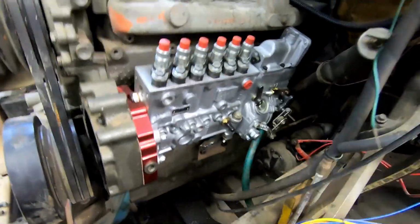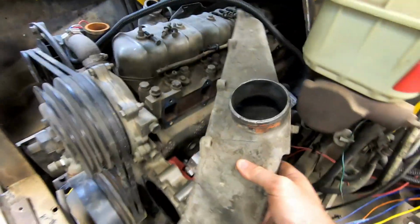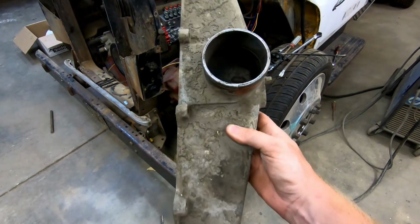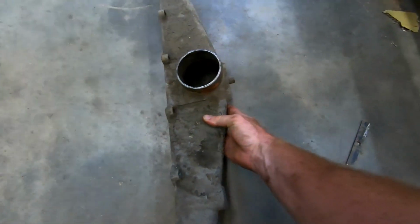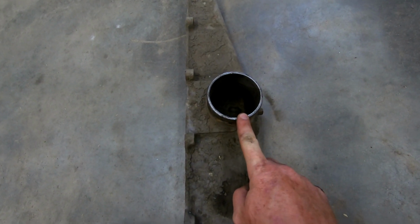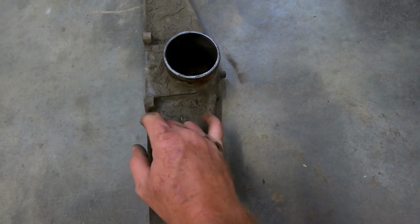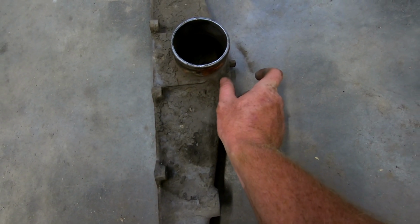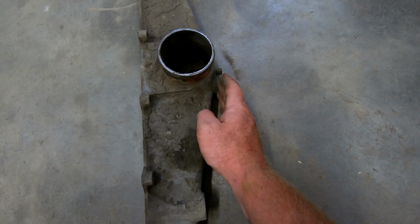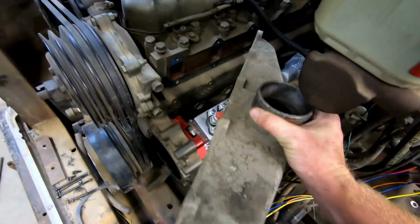Some other things that are exciting, as you can see up here, we got ourselves an ag manifold. As you can see here, it is quite a bit different. The most obvious thing is the inlet hole is directly on top, unlike ours where it came out to the side, which takes up more room. But also this entire manifold is probably 1.5 to 2 inches shorter than the Chuck manifold. And because of those two things, like you saw before,